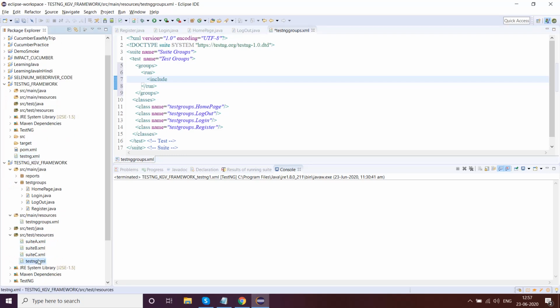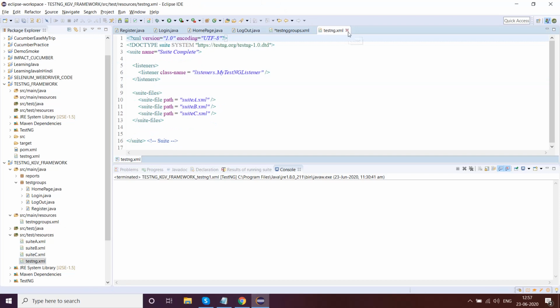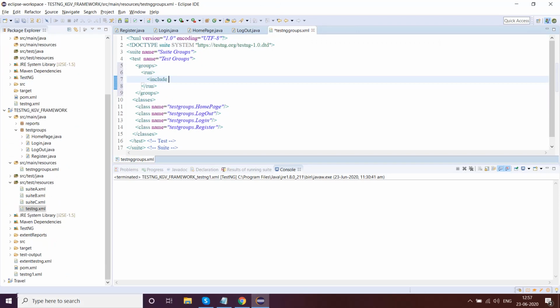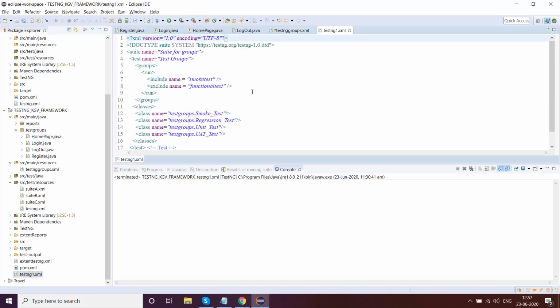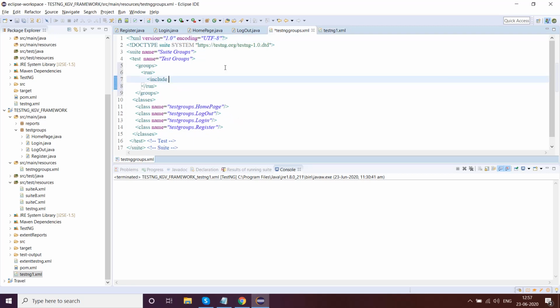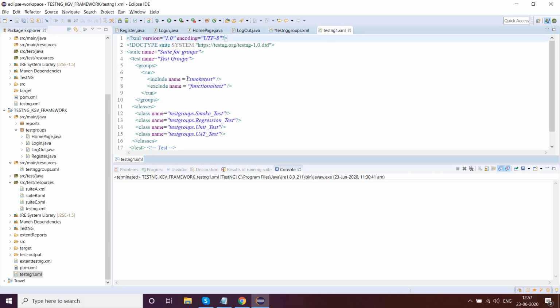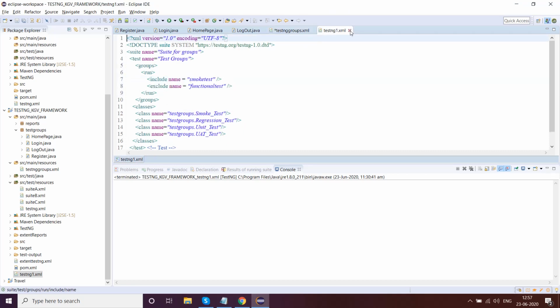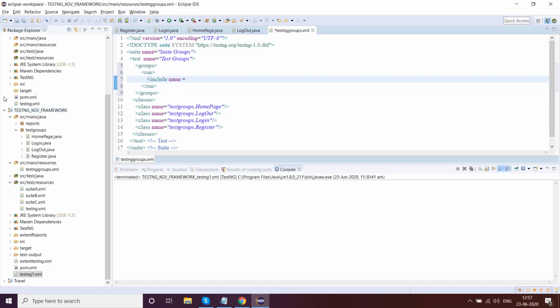No, I have not created it here. I'm working on this one. Yes, you have to give something like run, and then you have to include name, and that's mostly it.